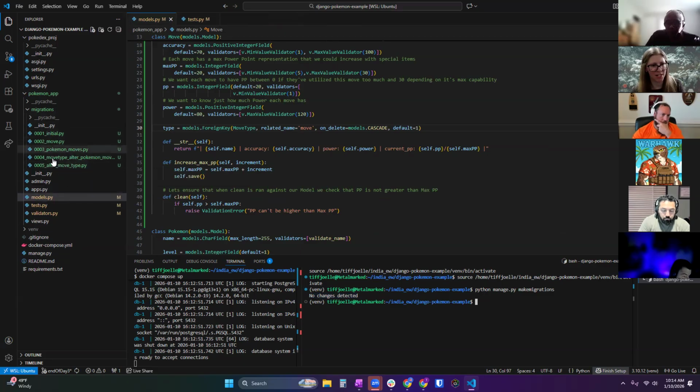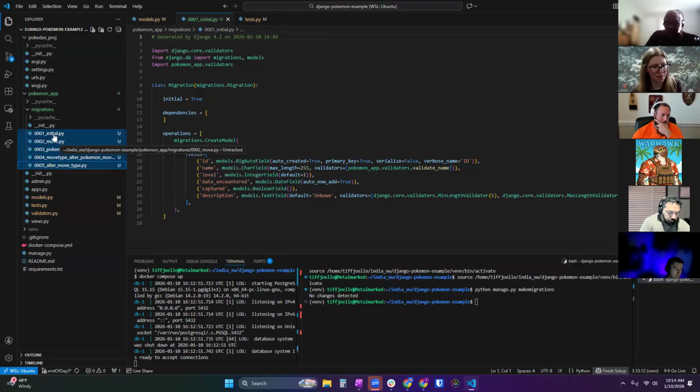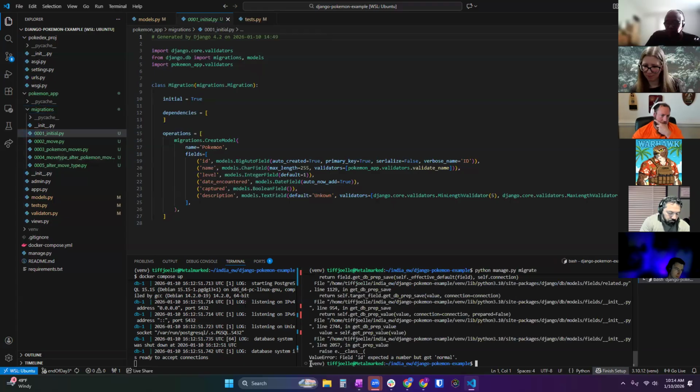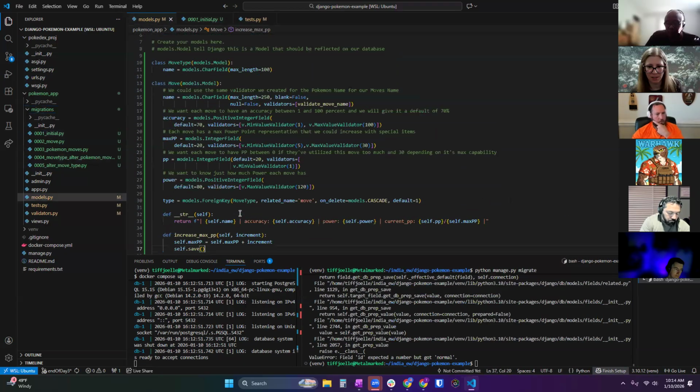So now when we do migrate, it's going to push all these changes into our new database that we've just stood back up. If this doesn't work and I still have problems, I will probably destroy all of these migrations. You can literally destroy all of these, delete them, and then when you make migrations again, it will do a new initial. So let's see what happens. Migrate. Has still got, okay. I'm gonna have to look and see what I messed up with my move thing here.